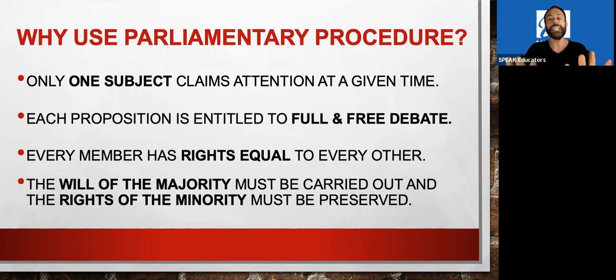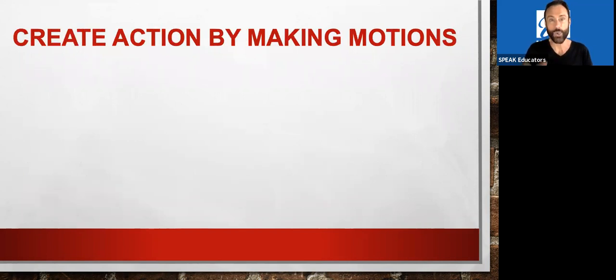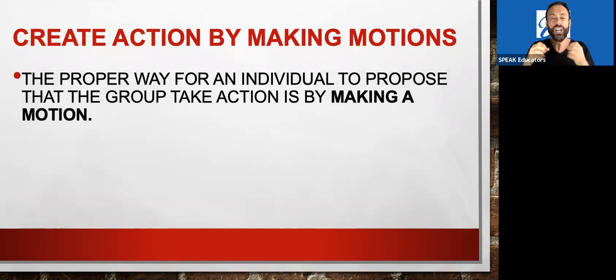Now, let's get real about this. There are rules. There's a way it works. The way that you, as an officer or a member, can fully enact these things is by understanding how it works. And really, overall, the basic unit of conducting business in parliamentary procedure is making a motion, right? So motions are the way we give direction to what our organization does, right? And a member, any member, can make a motion.